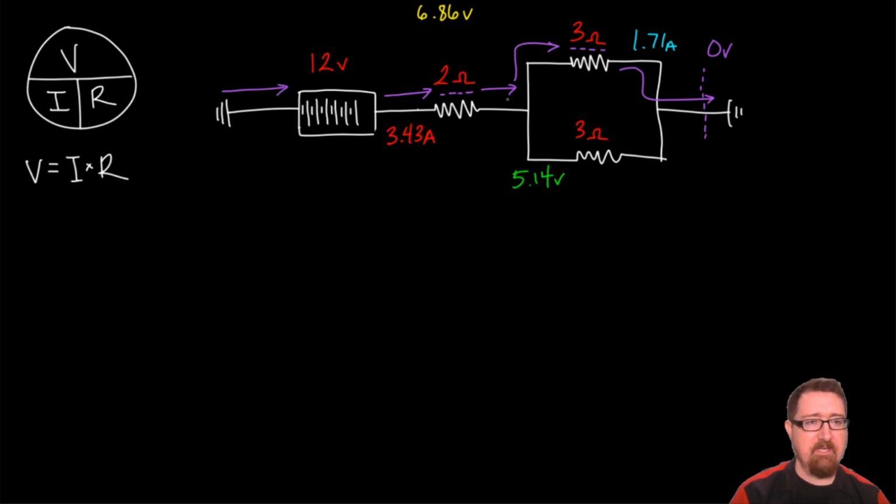Okay, and the same kind of concept here. I can come down here with 5.14 volts flowing at 1.71 amps. I encounter a 3 ohm resistor. I go through that, and on the other side I again have 0 volts as I travel back